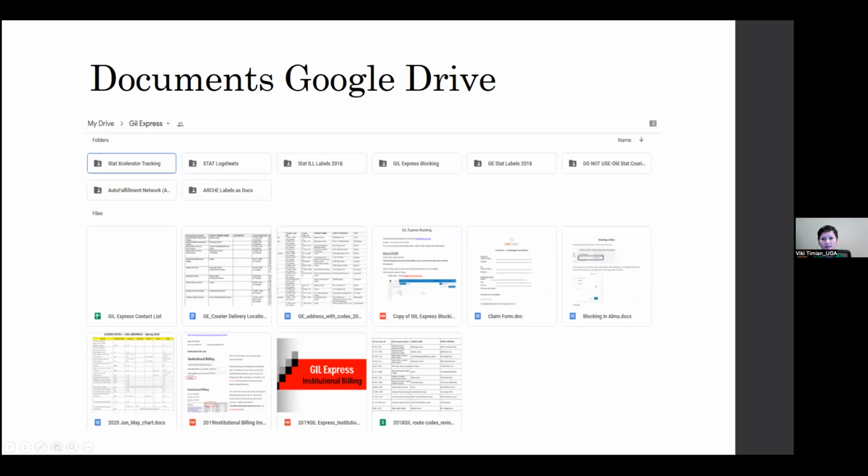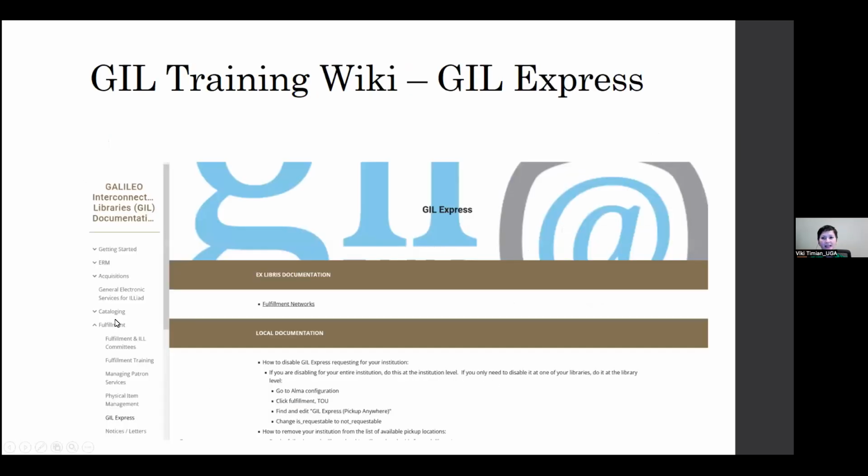All right. So once you are in, you can get to the most current GIL Express contact list. You have information for stat courier, like labels, log sheets, and address codes. You have institutional billing instructions and presentations, blocking instructions, and also damaged item slips are in here. So lots of things that you can find here on the drive. And then